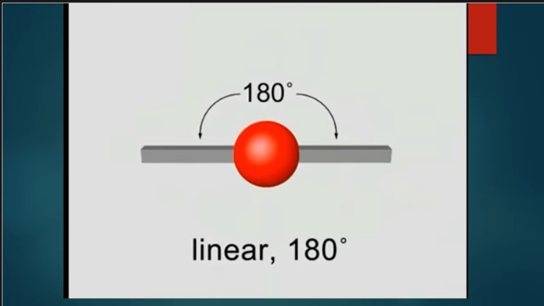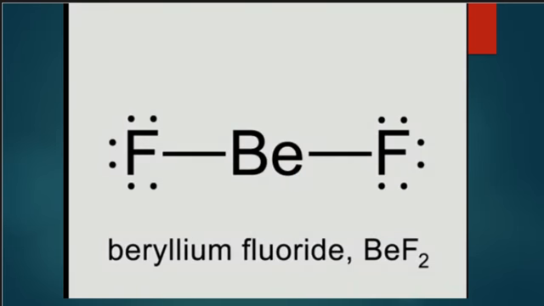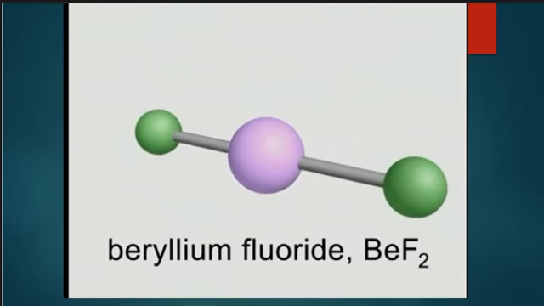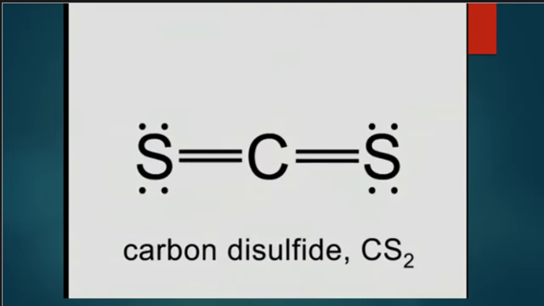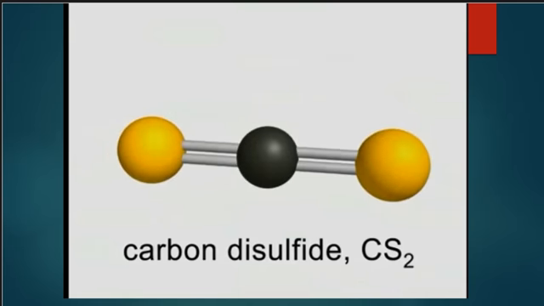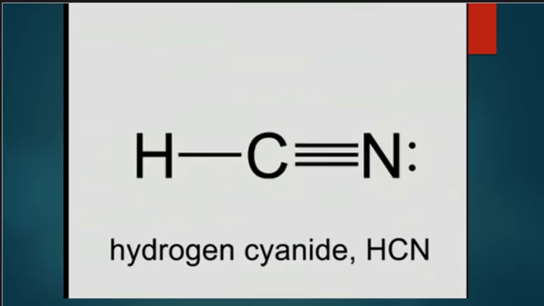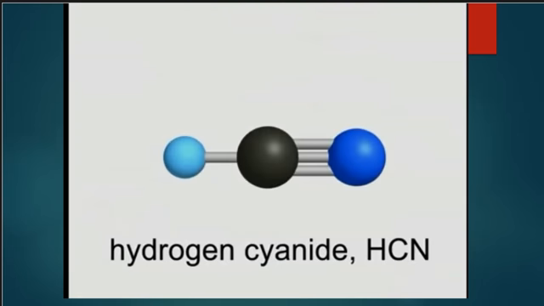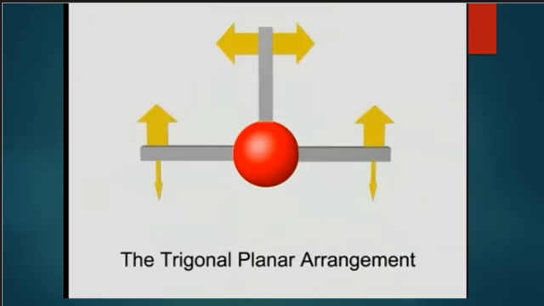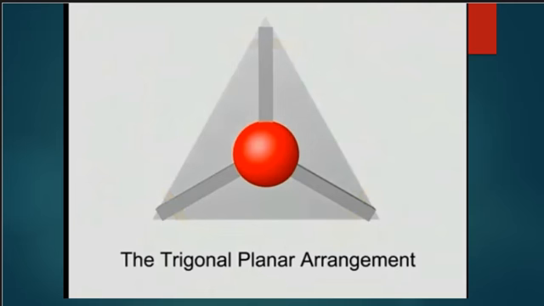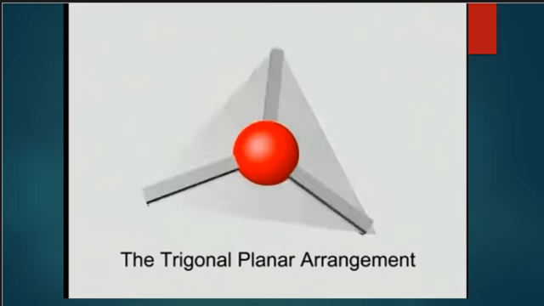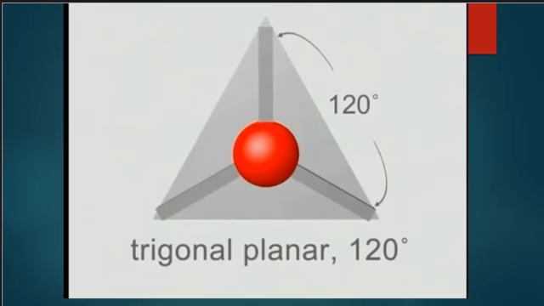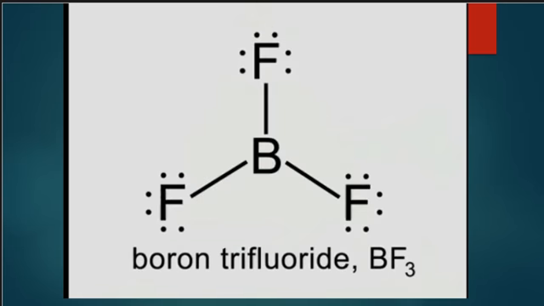Electron groups can be single bonds, as in gaseous beryllium fluoride, double bonds, as in carbon disulfide, triple bonds, as in hydrogen cyanide, or, as you will see shortly, lone pairs. Three negative groups attached to a central atom attain minimal repulsions in the trigonal planar arrangement, which has an ideal bond angle of 120 degrees. There's that bond angle. We observe this angle in molecules with three identical groups, such as boron trifluoride